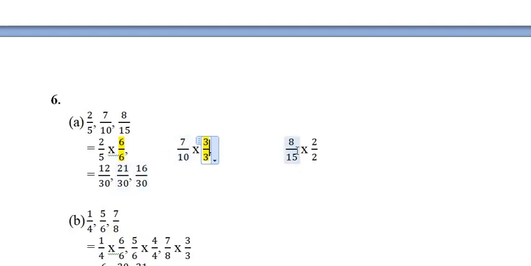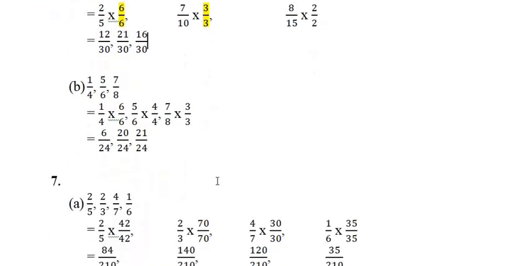And the same concept out here, 15, how many times 30? 2 times. So multiply both numerator and denominator by the same number. Okay, that is 2. So 8 2s are 16, 15 2 times 30. So hence, this is how you get the answer. Okay, and the same logic has been applied out here.